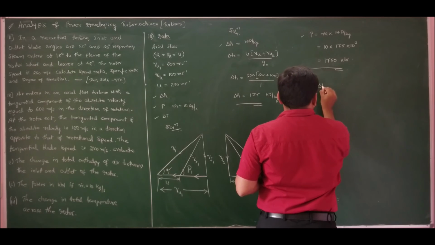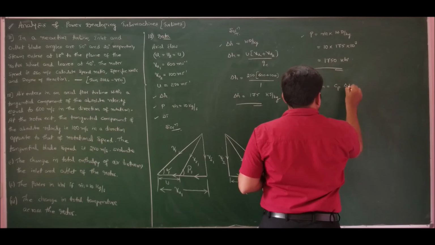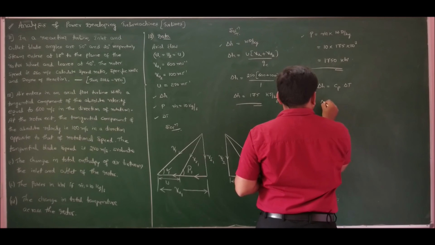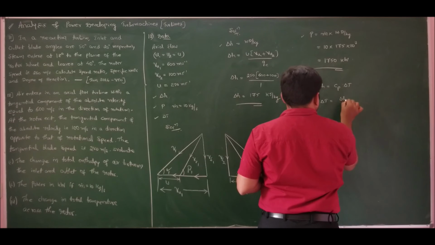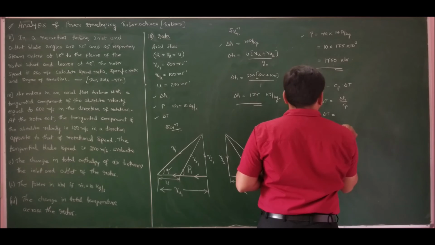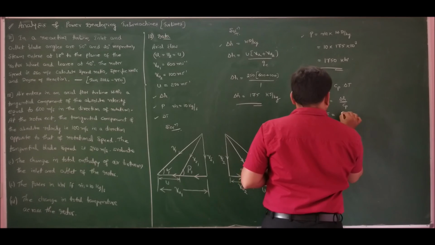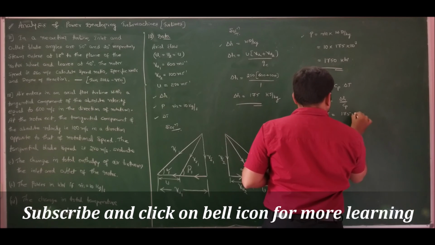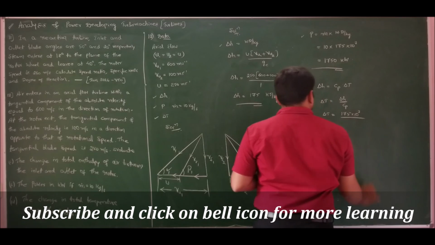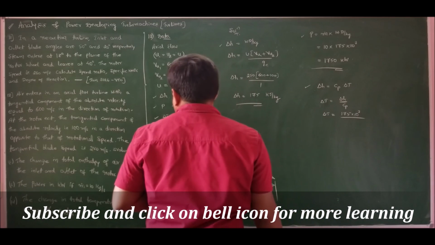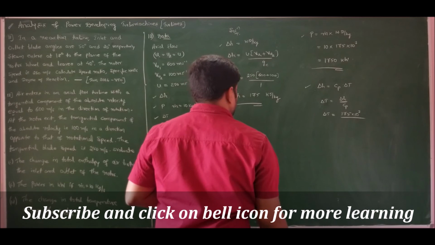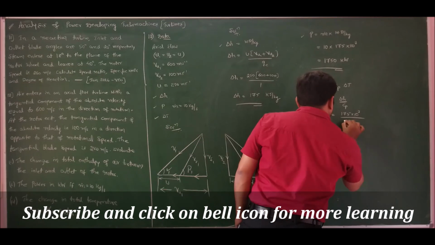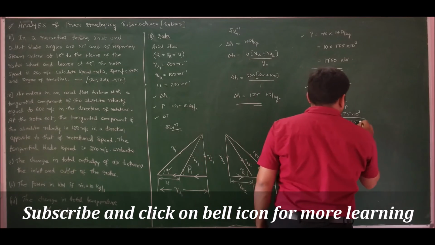So finally he has asked us to calculate the value of change in temperature, that is delta T. We know that delta H is equal to Cp delta T. So therefore delta T will be delta H by Cp. Hence delta T is equal to delta H, which is 175 into 10 to the power of 3 joules per kg, divided by Cp of air. We should take Cp of air, which is 1.005 kilojoules per kg Kelvin,